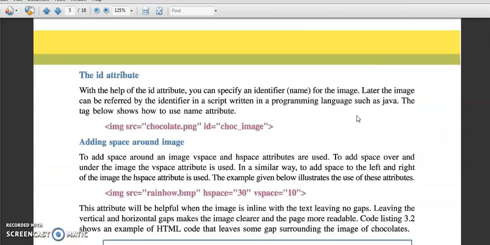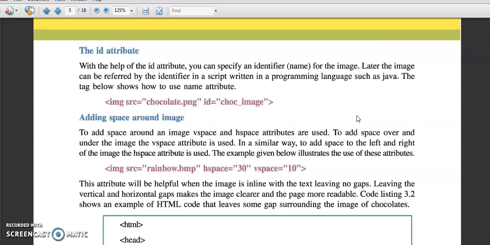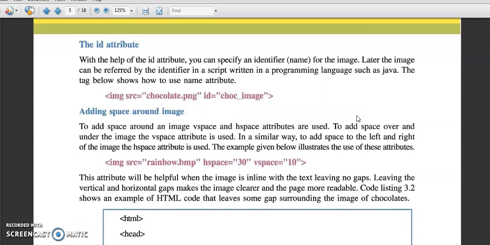So the ID attribute. What is meant by ID attribute? You want to give the name to your image. Right now we just write image src equal to chocolate.png. But when we are creating web pages, there are multiple images in the same page or in website. At that time, if any image will be repeated, we must give the ID of each and every image.